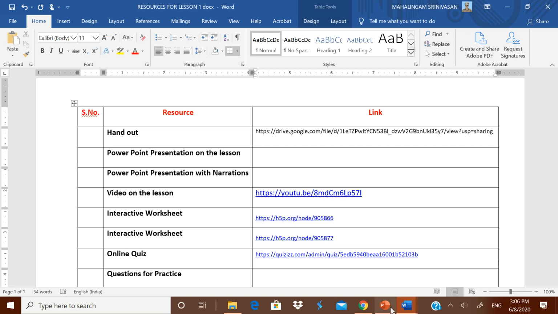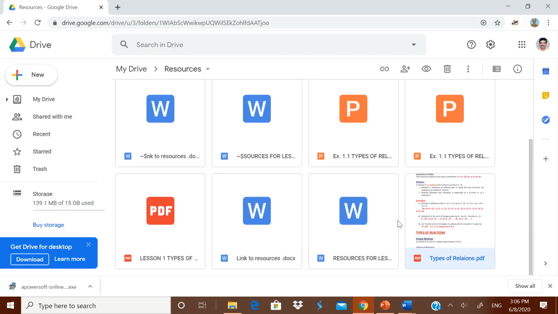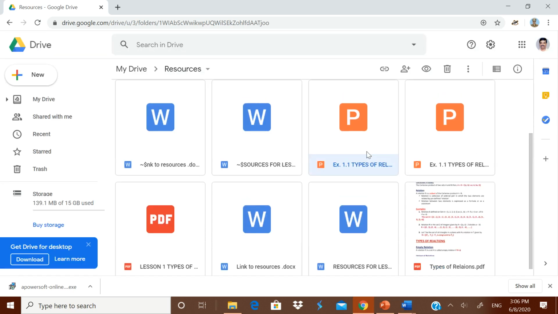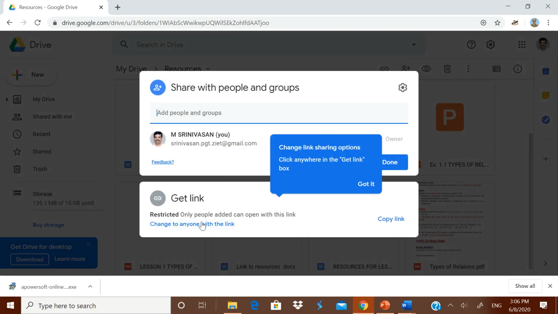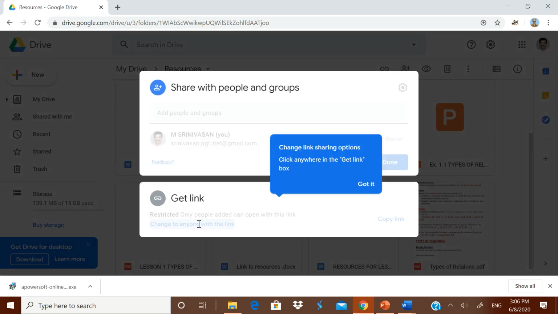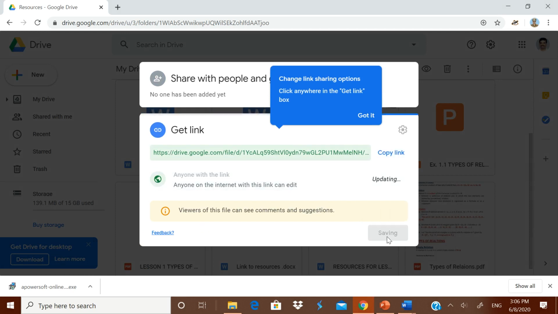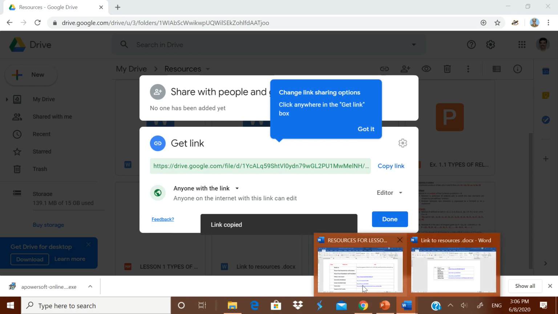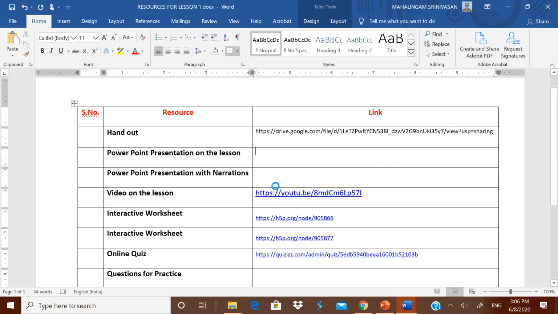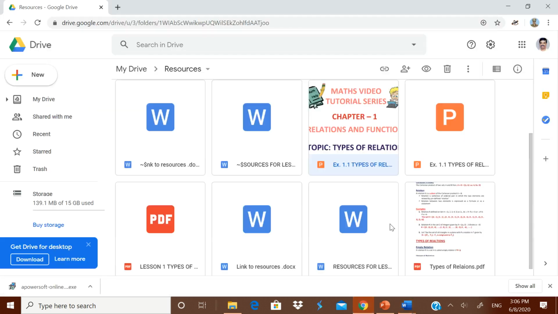Again, PowerPoint presentation, I am going for it now. Again, done. Then there is this PowerPoint presentation. Go for this. Again, link, convert it into can edit, because they are going to download it. Copy the link, come back over here and then paste it. Again one more PPT. I made 2 PPTs actually. I will give both of them.